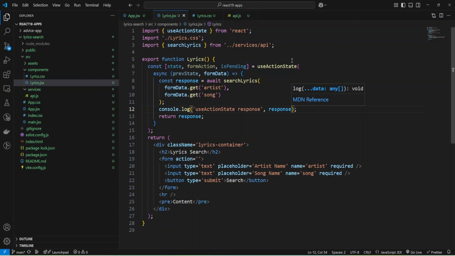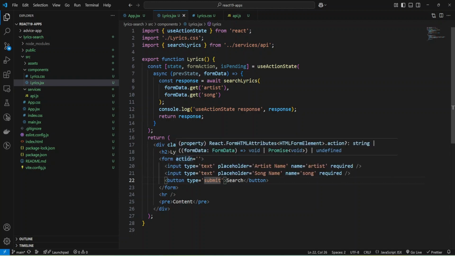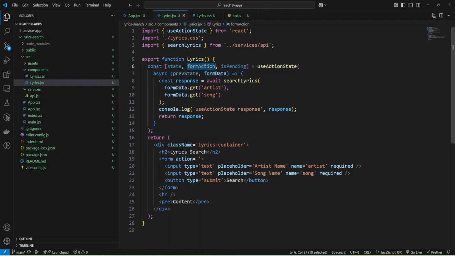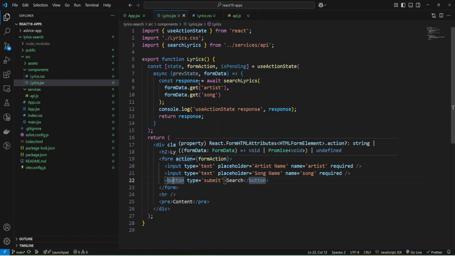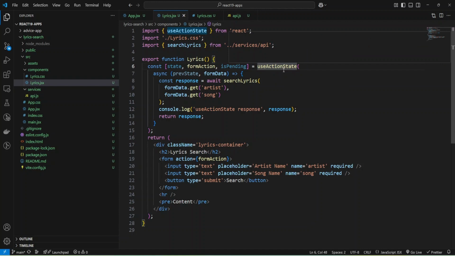Now we need to call our hook by clicking the submit button, and for that I will provide form action and will add my action. Okay, and our button has type submit, and it should call this action, and the useActionState hook will call our function. And let's check.